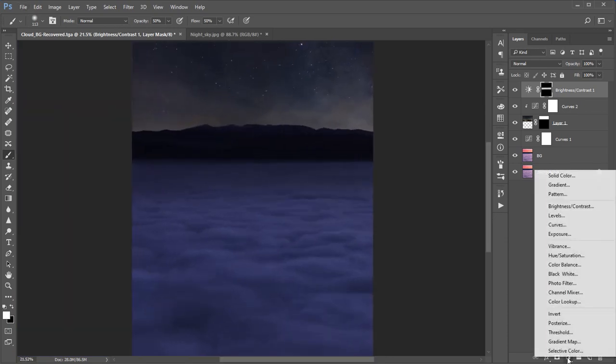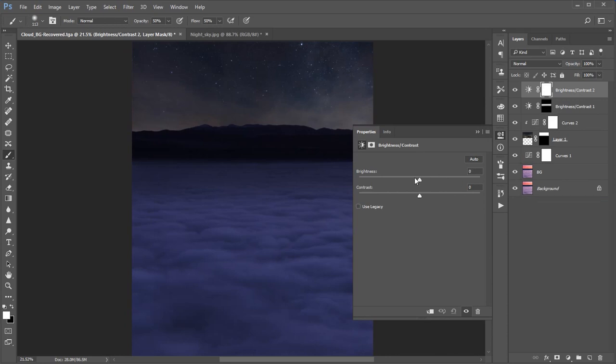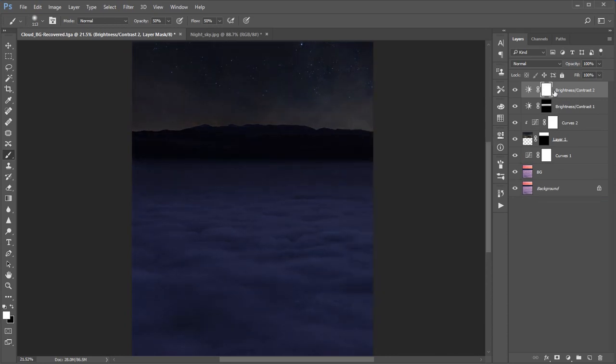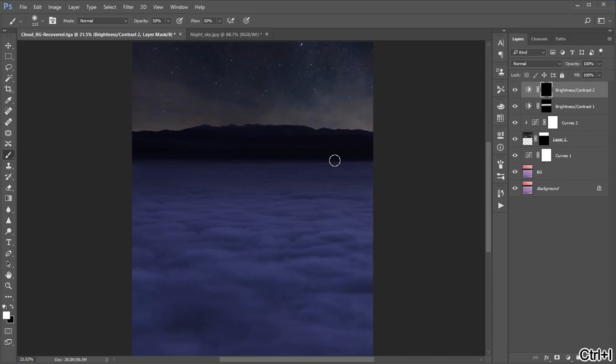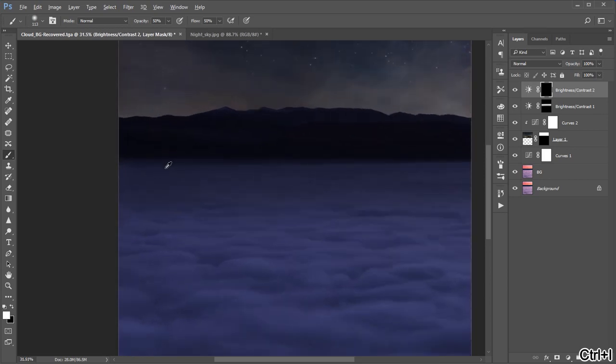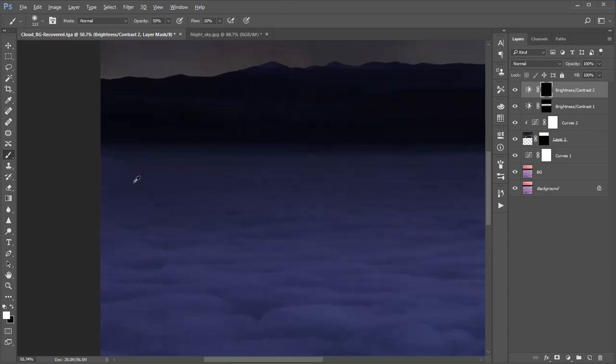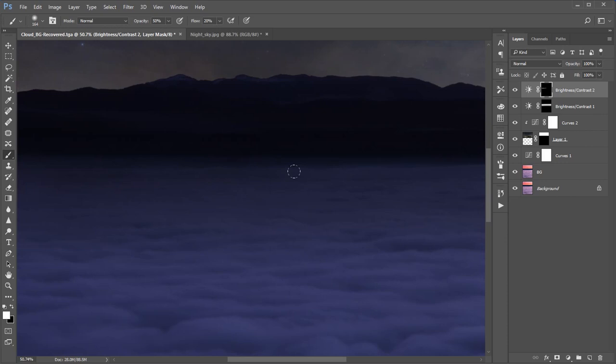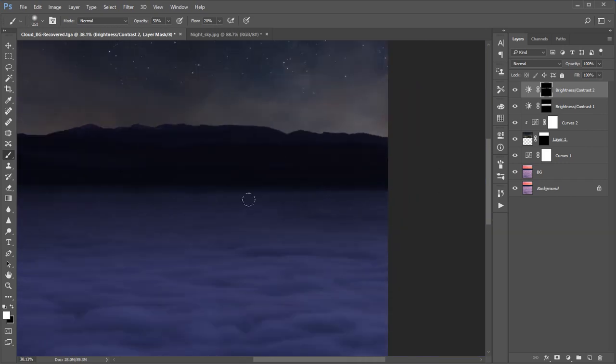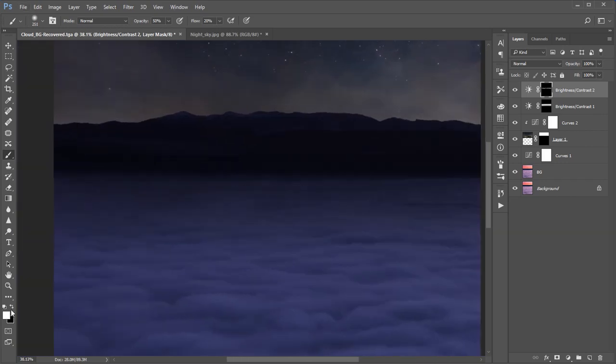Now I'm gonna take brightness and contrast layer again, reduce the brightness, invert the mask, and now I will paint only near the dark area. It will give more depth in the scene. So this time I will paint only near the edge.